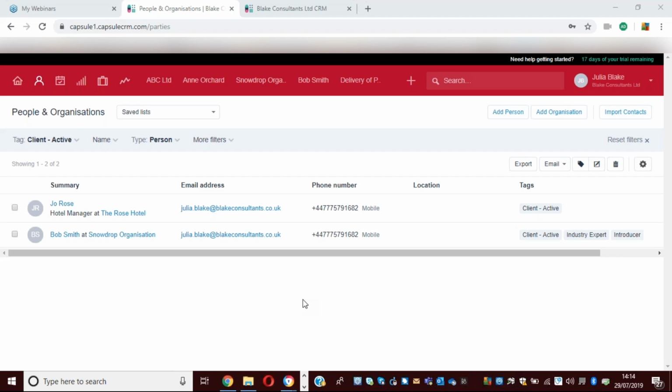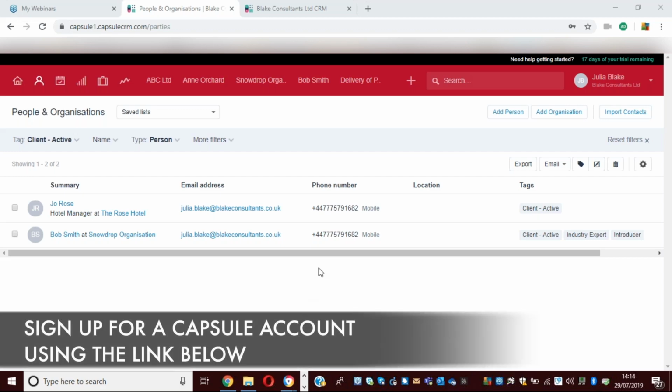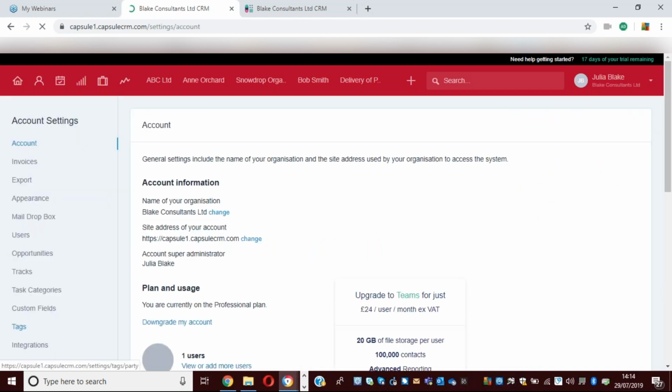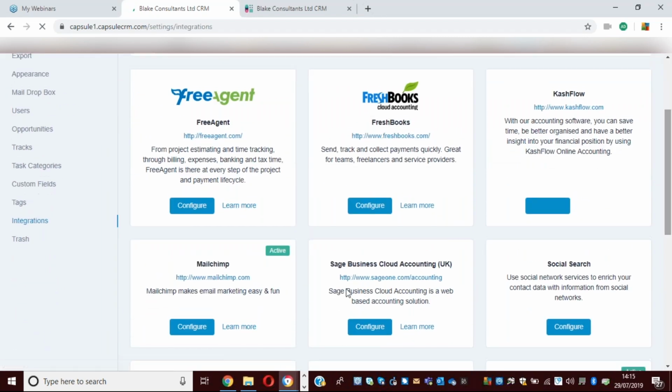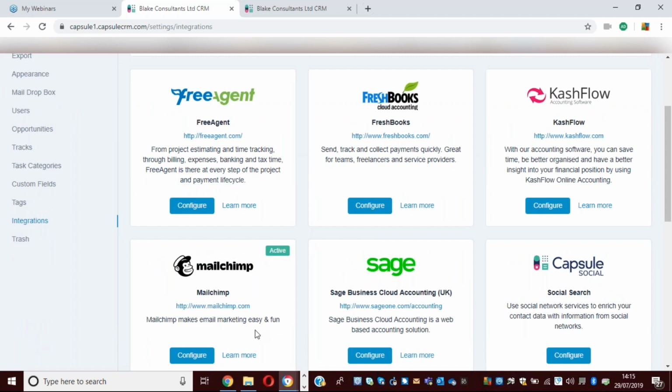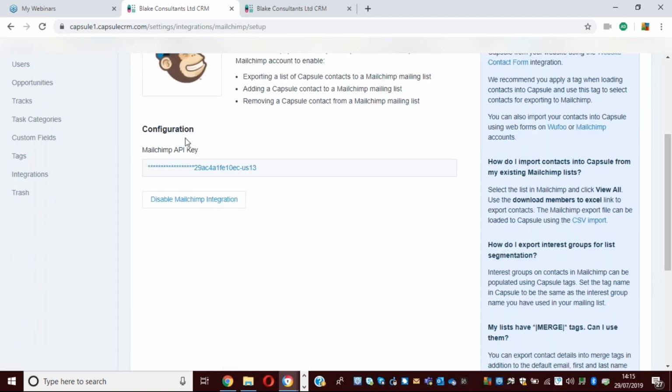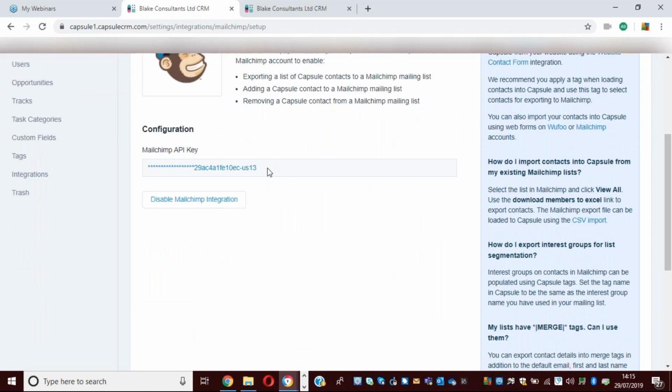So before getting to this point, we would have integrated MailChimp and Capsule. To do that, if you haven't done that already, and I can help with that, we click on account settings and go over to integrations, and we scroll down and find MailChimp. At this point, it's really good to have MailChimp open, and we click on configure. And what you do at that point is get the MailChimp API code, which I've already done,